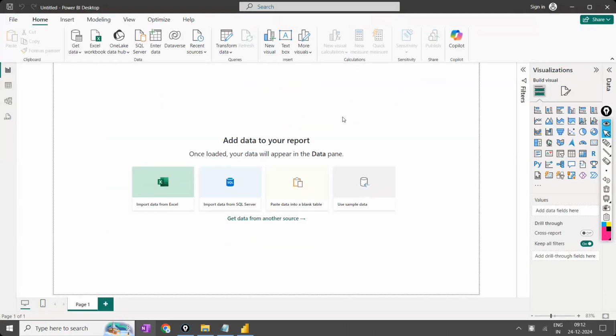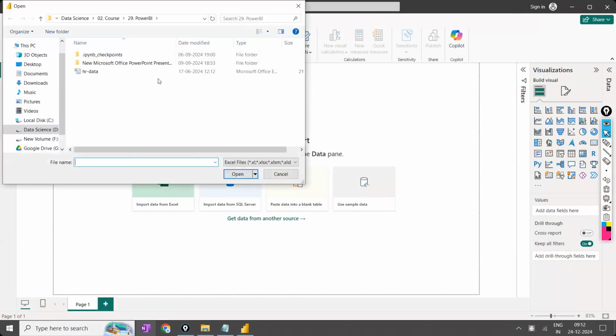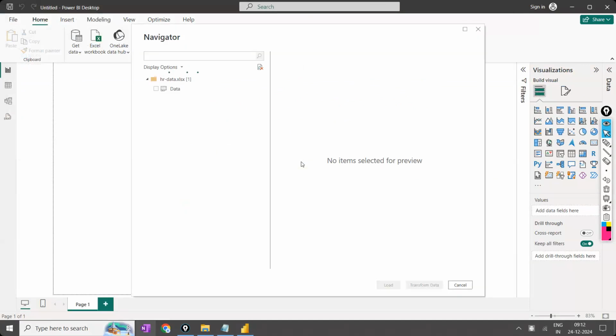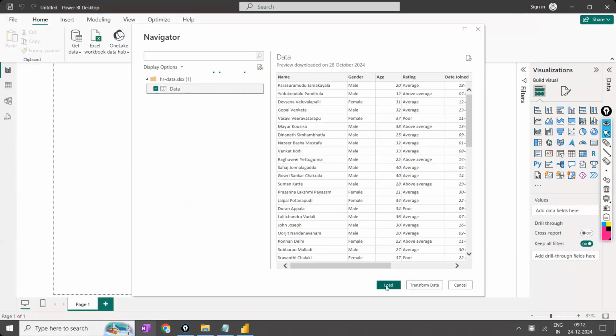First I'm trying to load the data, that is the HR data, which we have been working on for the last 2 days, the same data set. Once I load the data set,